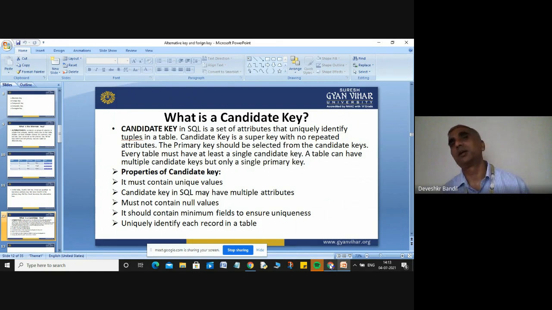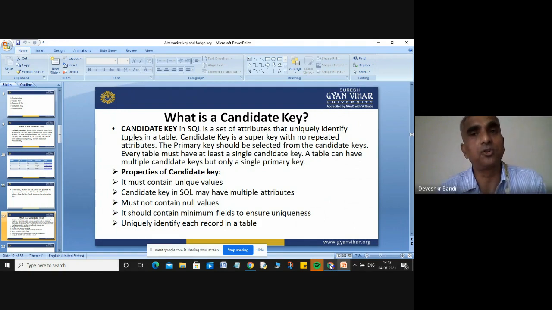If you have a table, then in your table at least one candidate key will exist. A table can have multiple candidate keys, but only a single primary key. This is the difference between your primary key and your candidate key.